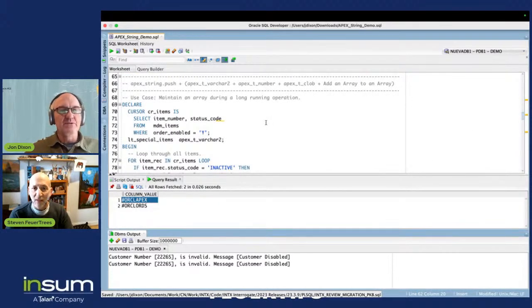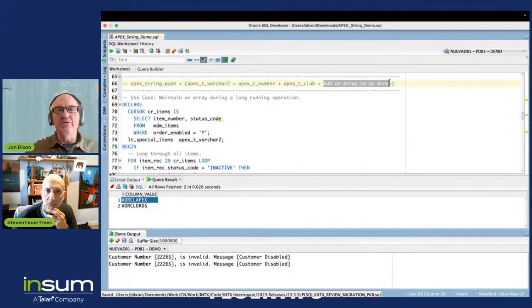Right, so now we're moving into slightly more complex, I guess, Apex string.push. And this is essentially maintaining a PL SQL array for you. There's other variations, so you can have collections of numbers, clobs. You can even have a situation where you can add an array to an existing array with Apex string.push. There's variations of this with different data types. In this example,